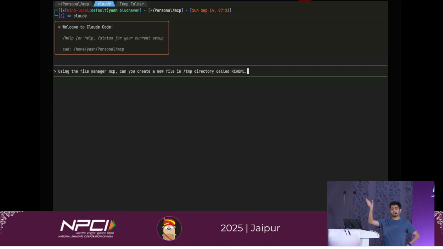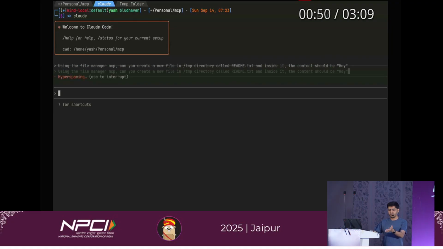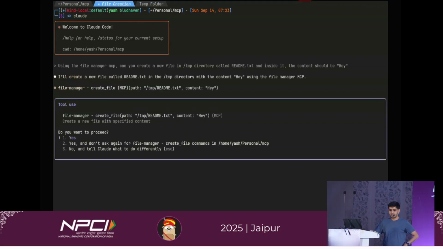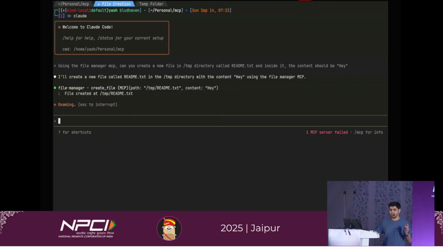I want it to tell that this is the directory. The file should be readme.txt, and inside the content should be hey. And now it will think what to do. And then it asks me, okay, do you want me to call this function? And then you can say yes, call this function with this data. And it says it's created.